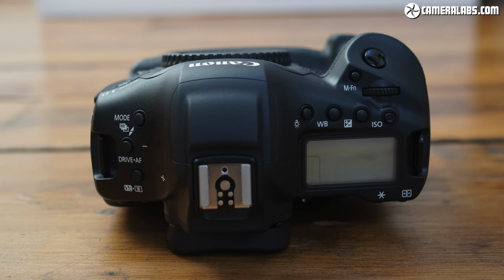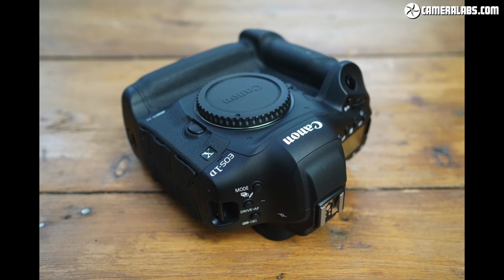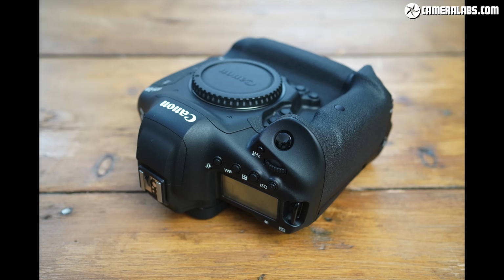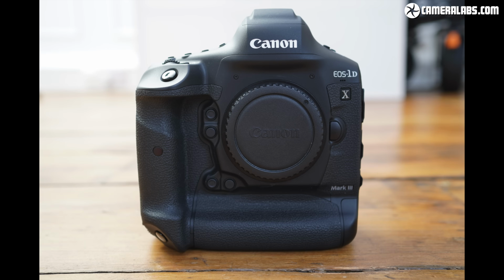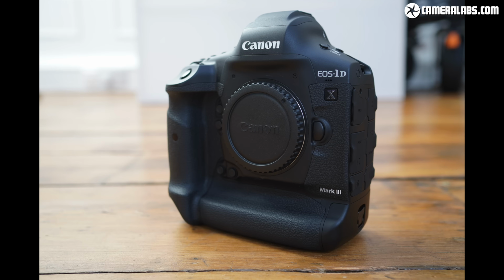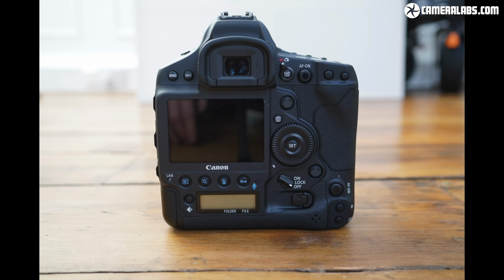Third, the live view autofocus shares the same algorithms and uses dual pixel autofocus with 535 selectable areas and 90 by 100% coverage. Fourth, there's a new full-frame CMOS imaging sensor, of course, but no word yet on actual resolution, although coupled with a new DIGIC processor, Canon is claiming better high ISO performance. Fifth, the burst shooting has accelerated to an impressive 16 frames per second with the mechanical shutter through the viewfinder, or 20 frames per second with either a mechanical or electronic shutter in live view, and both should support autofocus